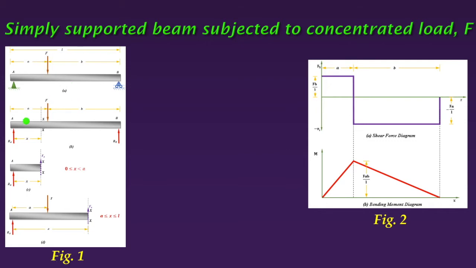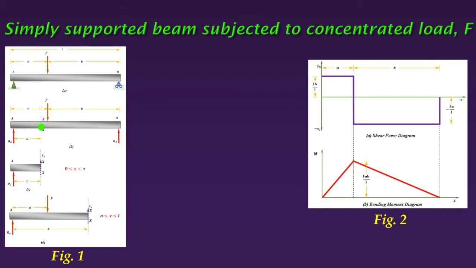Now let's draw the free body diagram of this beam. As there is no horizontal component of the applied force, though it is the pinned support, only the vertical component of reaction is present, but no horizontal component. Or if we assume that a horizontal component is there, then summation of Fx is 0, and that reaction will be 0.